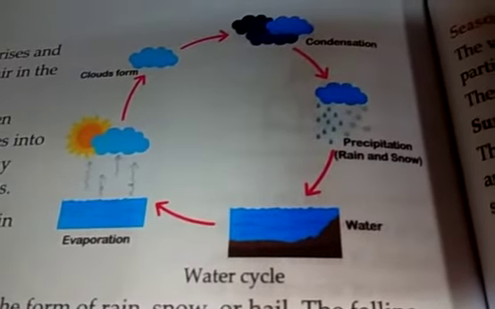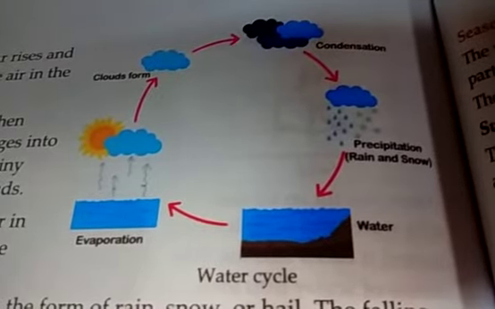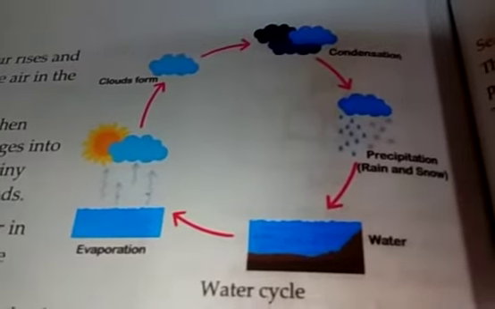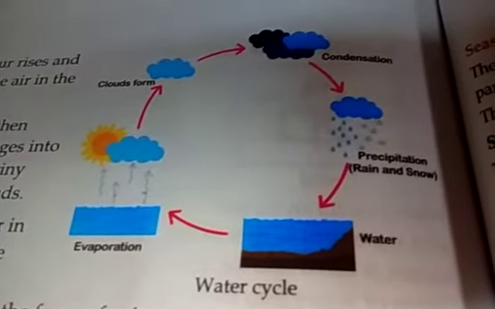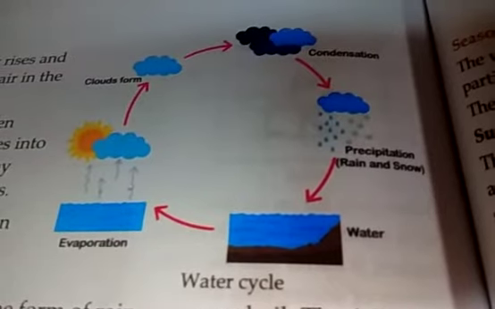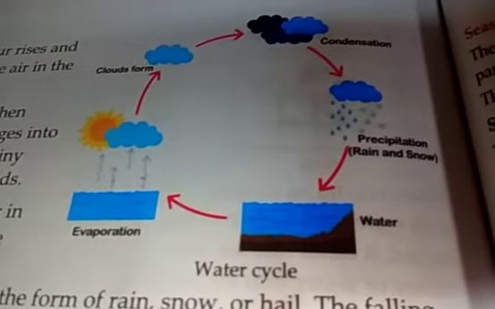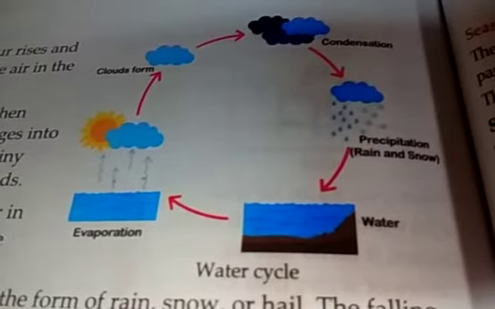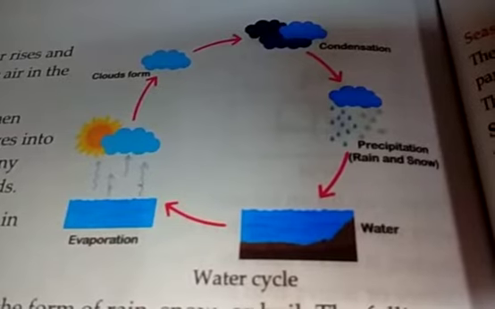So towards the poles, the North Pole and South Pole, the water is in a solid form, that is in the form of glaciers. Even on mountains like the Himalayas and many other mountains, the water is stored in the form of ice caps, and also snow. Water is also in a liquid form on the earth, that is sea, ocean, rivers and lakes. It is also in the form of gas, that is water vapor and steam in the air.